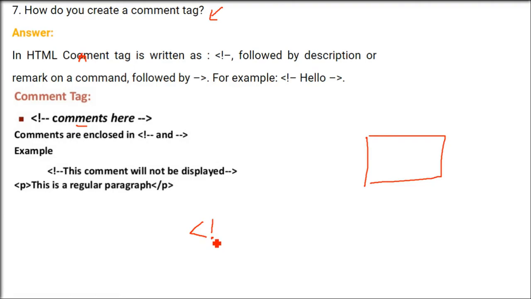So what would we do? We have a tag that starts with the angle bracket and an exclamation mark, and then on both sides you have two dash signs. So this is a comment, and this comment will not be shown in the browser. Let me tell you again, this is only for the person to understand what he has done. The browser will not even see it. It will not run. So again: brackets like this, exclamation mark, two dashes on either side.